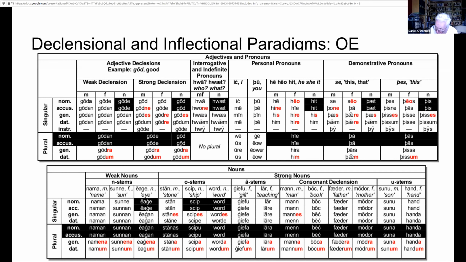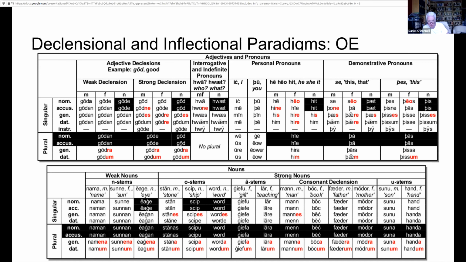And that's just the nouns. So then you go up to the adjectives. Well, actually, let's do the pronouns first. That demonstrative pronoun column, those 6 columns, is how you say "the." And it just depends on what you're doing. So if you're saying "the stone," you have to use the masculine nominative singular version of "the," which is "sē." But if you're saying "the gift," that's a feminine word, so you have to say the feminine singular nominative, "sēo ġiefu." And so they have a whole bunch of forms that go all the way down all these characters,